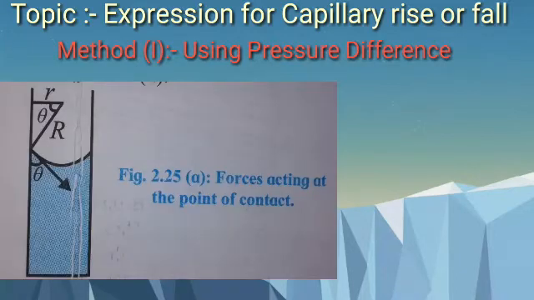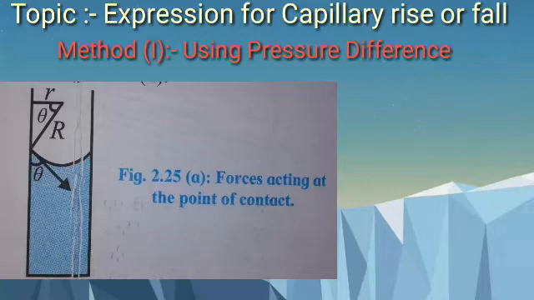If one end of a capillary tube is dipped in a liquid which partially or completely wets the surface of the capillary, like water in glass, the level of liquid in the capillary rises. The shape of the water meniscus in the capillary is upper concave, as shown in the figure.